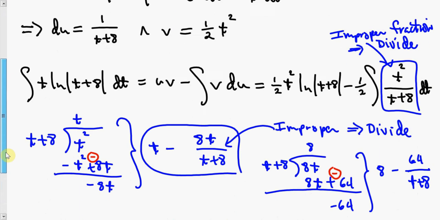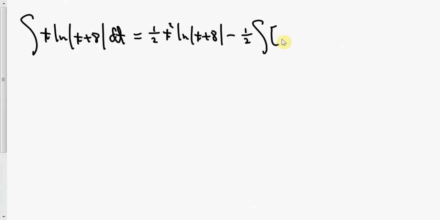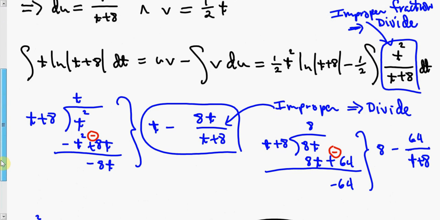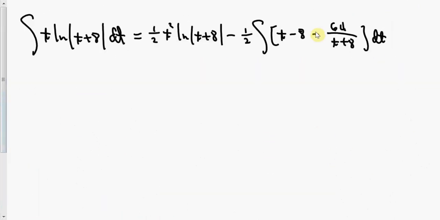So it's minus 1/2 times the integral of what we simplified in blue. And that's this right here. So we write that t minus 8 plus 64 over t plus 8 dt. Let me go back just to make sure I got my signs right. t minus 8 plus 64 over t plus 8. Good. So this integral that we're looking for